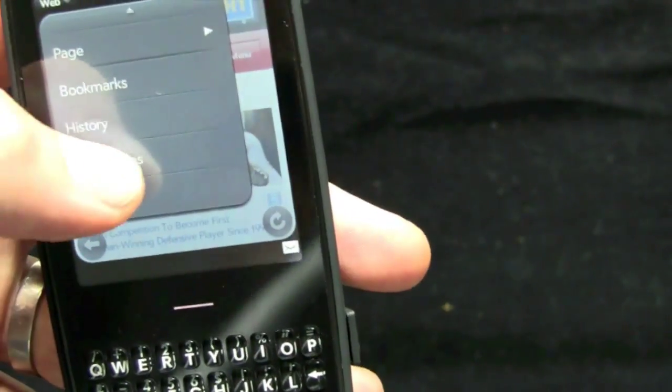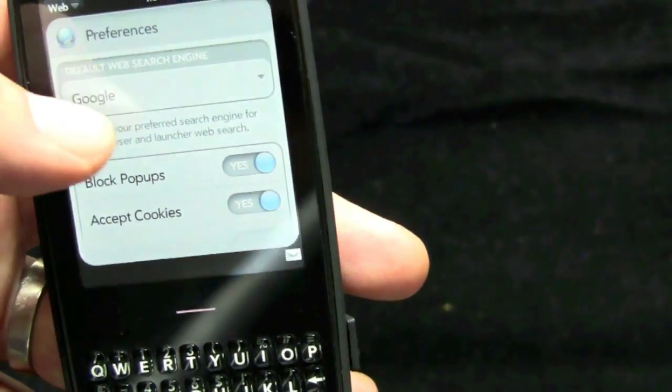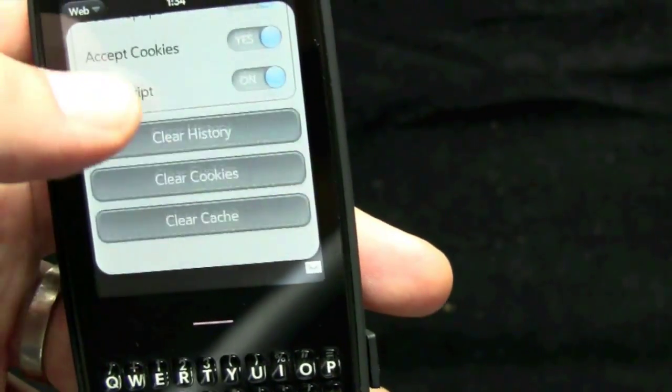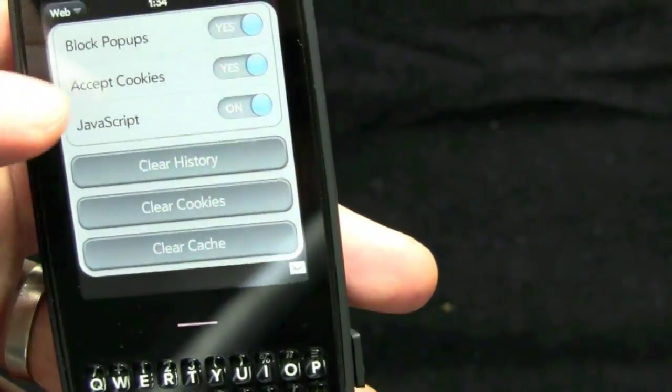You can view your history, you can set your preferences, so you can choose a default web search engine, you can block pop-ups, cookies, JavaScript, all that kind of stuff. You can clear your history, all that good business. If we go back,